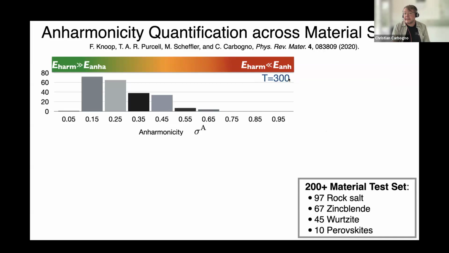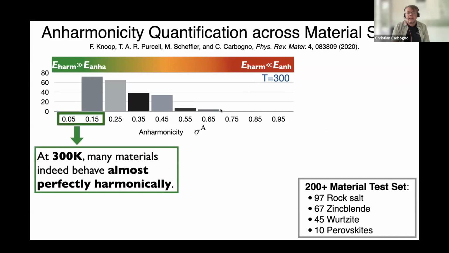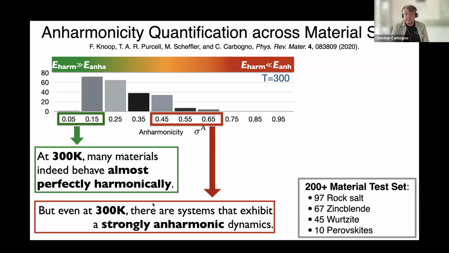What you see, for instance, here at room temperature, at 300 K, is that many materials, almost all of them, a huge majority, are very nicely harmonic, as harmonic as silicon. So in that regime, the harmonic approximation works very nicely. But even there, look, at 300 K, there are some materials that start getting quite anharmonic. So even in that regime, you sometimes have to be careful. So it's useful to look into that kind of thing.